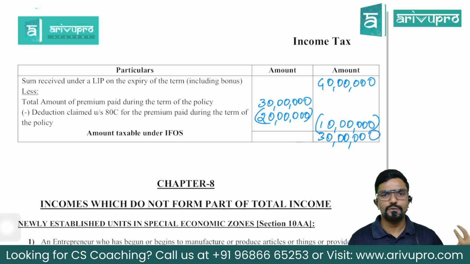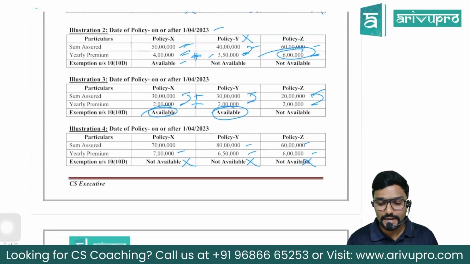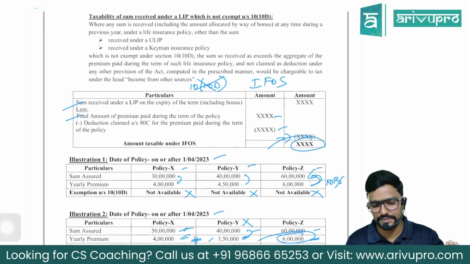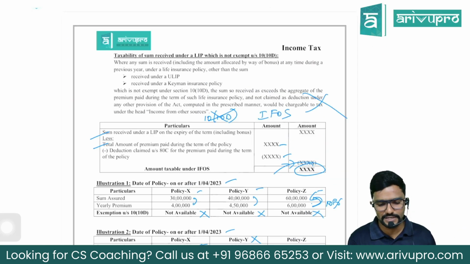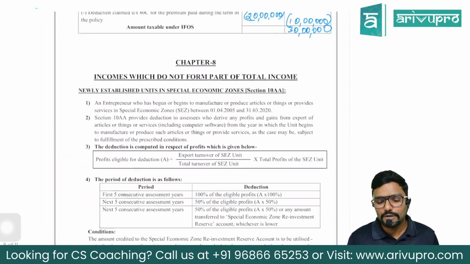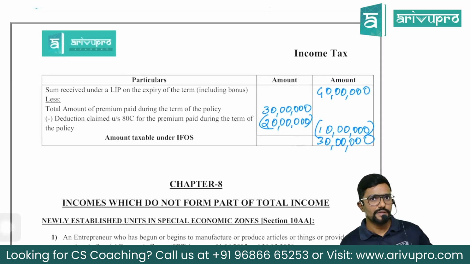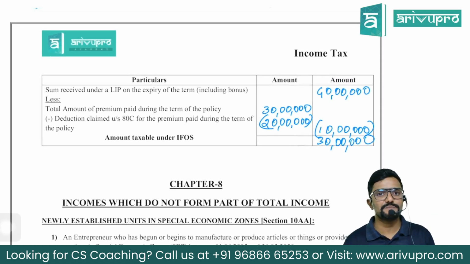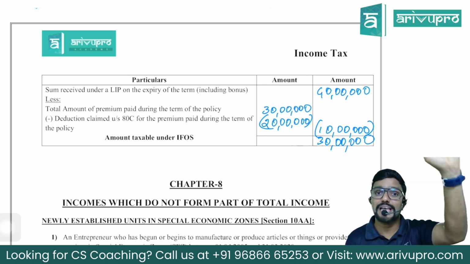So this is how we will calculate how much amount is taxable when the policy matures, if at all it is taxable. If it is exempt, you will not worry about this, guys. One more thing with respect to heads of income: in the salary head, there is one amendment with respect to perquisite valuation for rent-free accommodation, which I have already covered in my regular class. Please be careful with that. It might be important for your exams. For non-government employees, the population as well as the percentage of salary has been changed. There is a small change in that. Please take care of it.